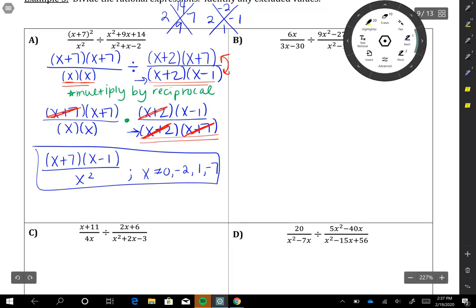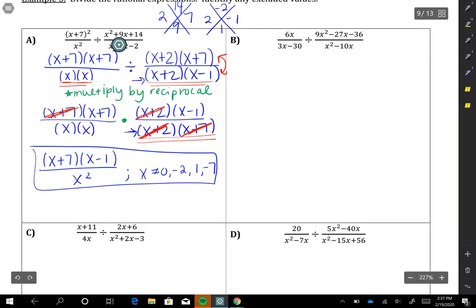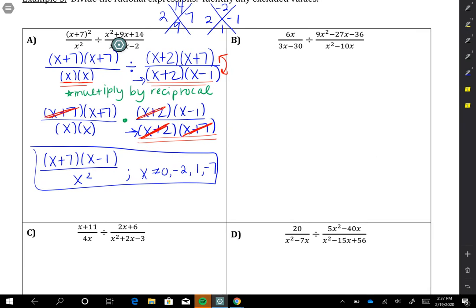All right, let's try letter B. So I have 6x divided by 3x minus 30. So you're going to factor what you can. This 6 I could divide into 3 times 2, and that's times x. 3x minus 30 has a common factor of 3, so I can take a 3 out, and I'm left with x minus 10. Divided by,